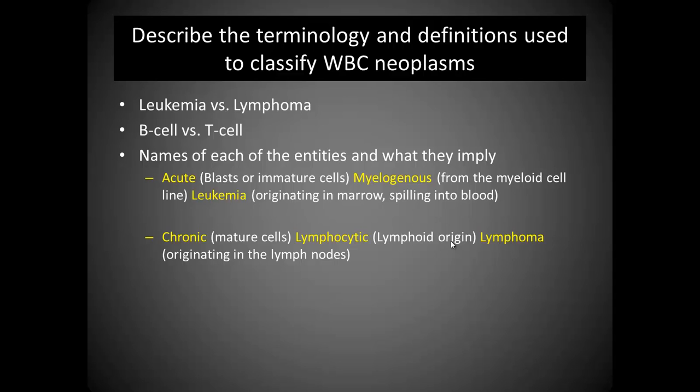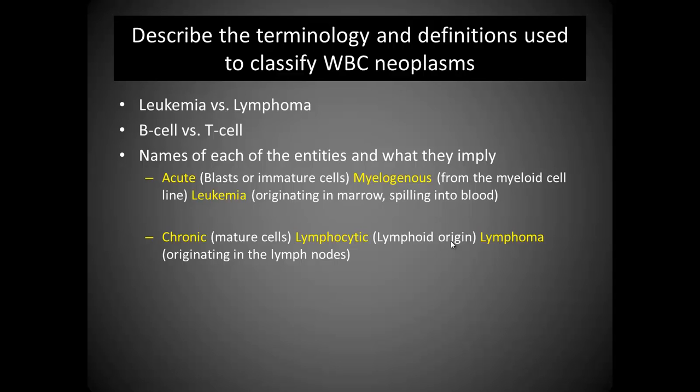And really the names are kind of helpful. Now they're long and they can be kind of drawn out, and I get that. But if you look at the names, it tells you exactly what's going on. So let's take two of them first. Acute myelogenous leukemia, which you're definitely going to need to know about, and chronic lymphocytic lymphoma, which is another very, very common disease. And if we compare them side by side and you look at the two first words,